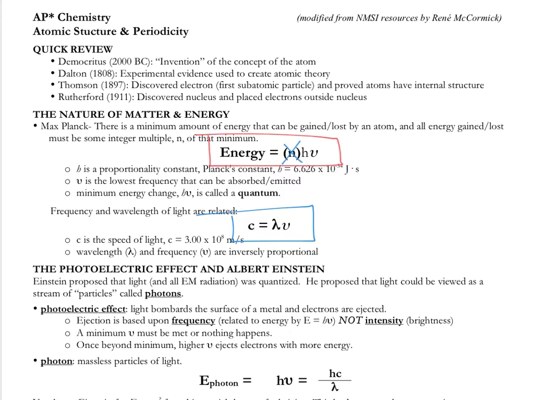You may have to do some simple calculations with this, but one of the most important things to know out of this is that energy, when that goes up, frequency goes up. So really energy is proportional to frequency, whereas with wavelength, when that goes up, it's because our frequency went down, so our wavelength is proportional to the inverse